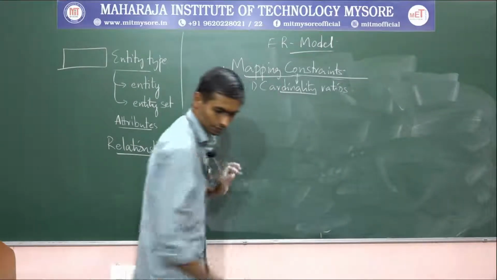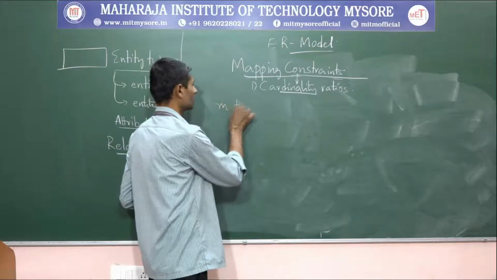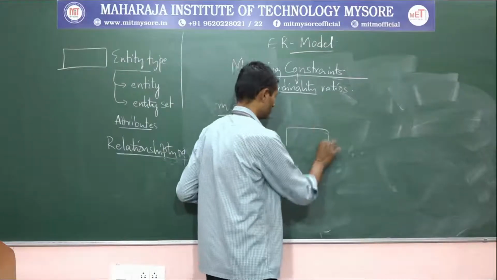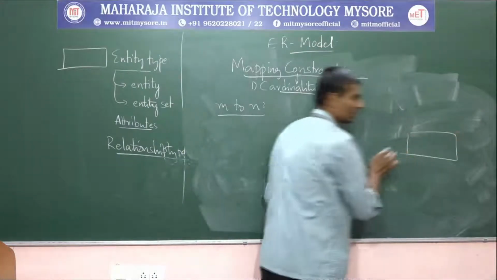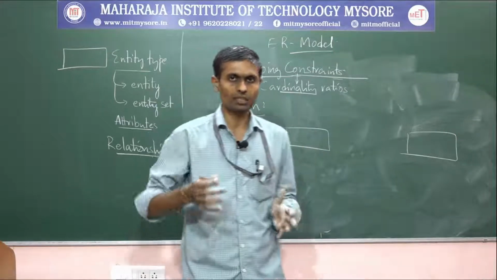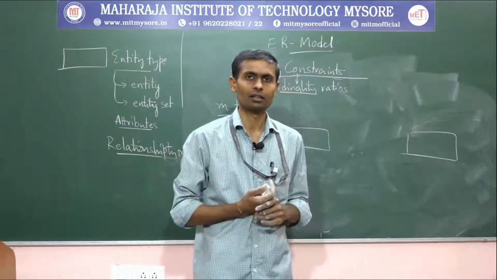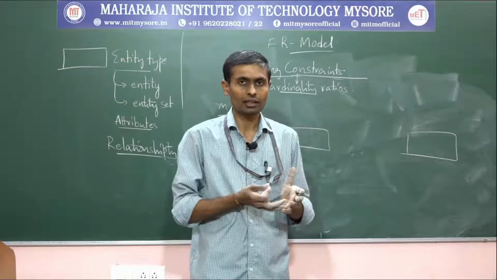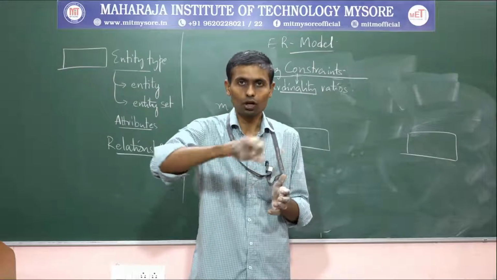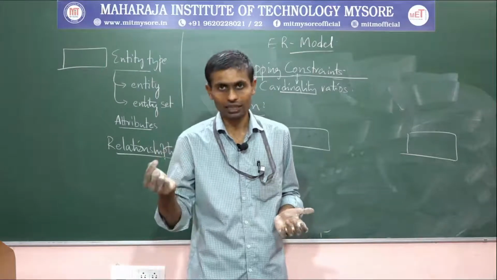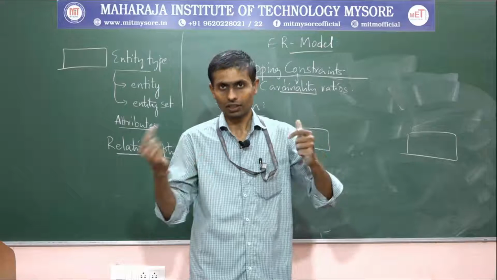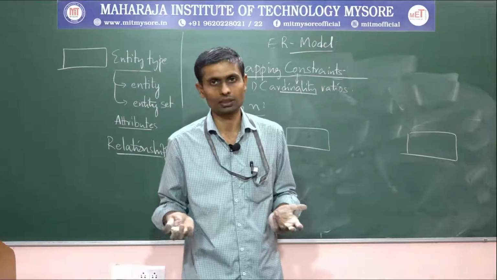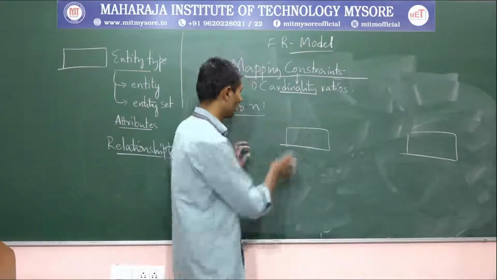Example, employee doing a project. Let's assume in a project there could be a possibility that there are n number of employees working, because let's assume it's a group project. And one more, an employee can also be involved in multiple projects. A project can have many employees, and as well as an employee might be involved in multiple projects, right? So this scenario I want to show here.